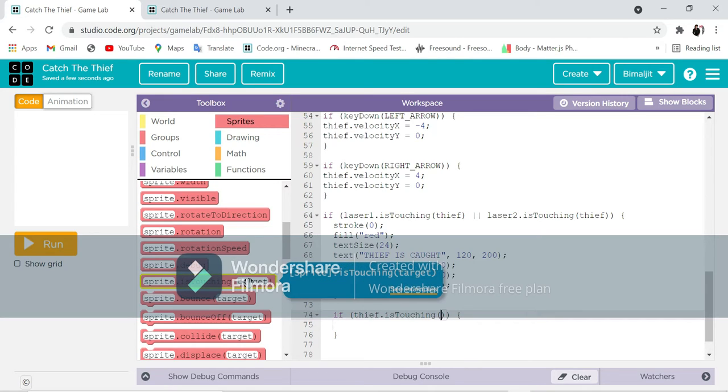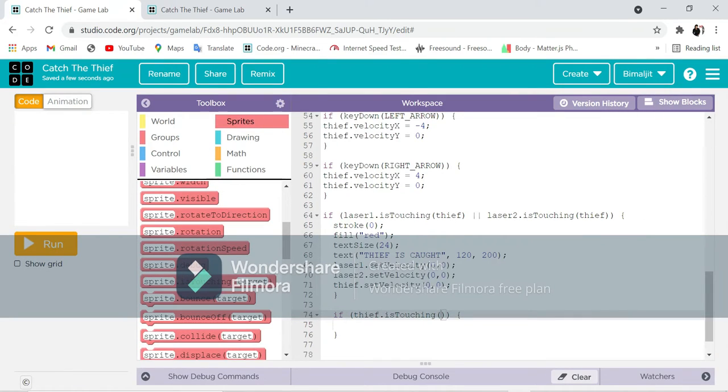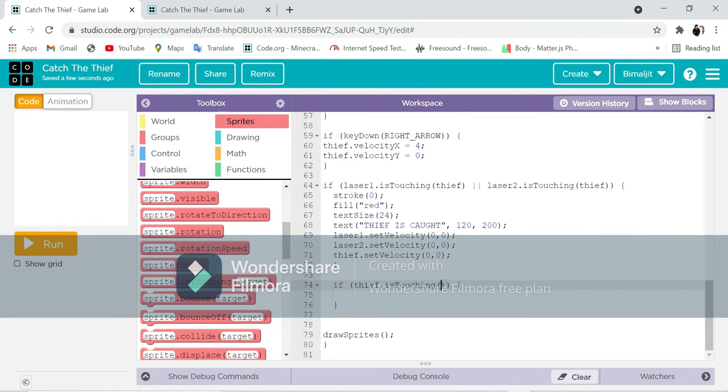If you want to learn more about this, just put your cursor over here, then go to See Examples, and it will teach you properly about it. Okay, the network, something has gone wrong, so let's do it. Let's write that laser one. What is it touching? Diamond. So let's write diamond.